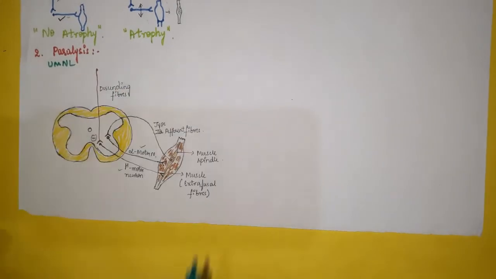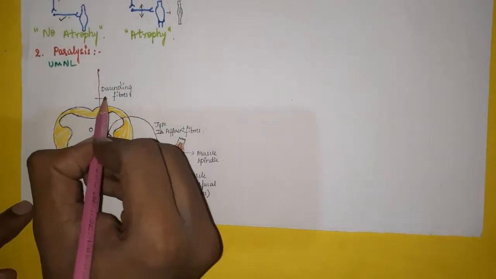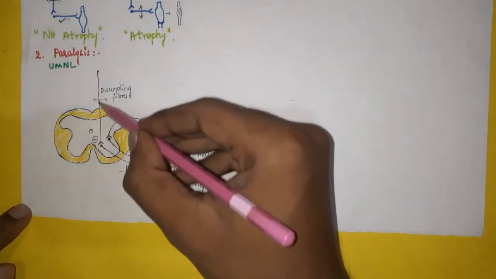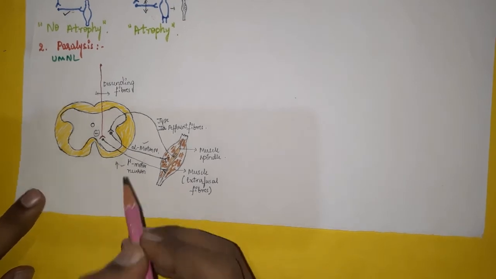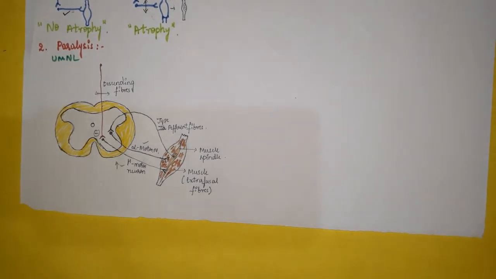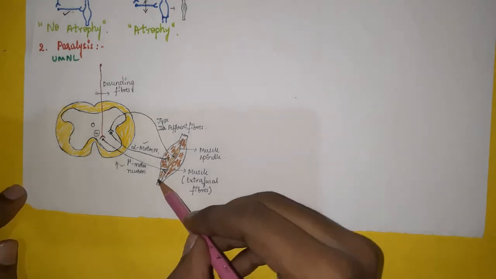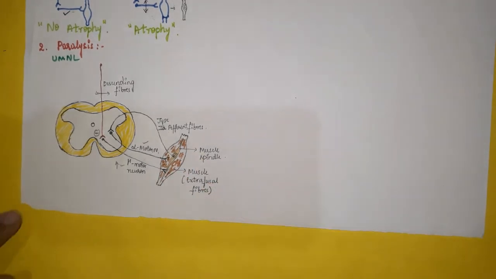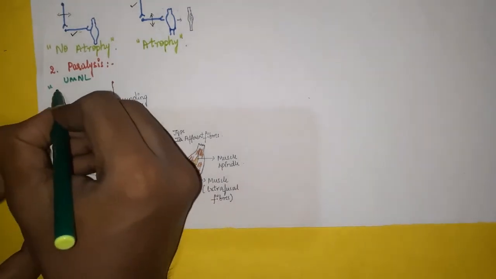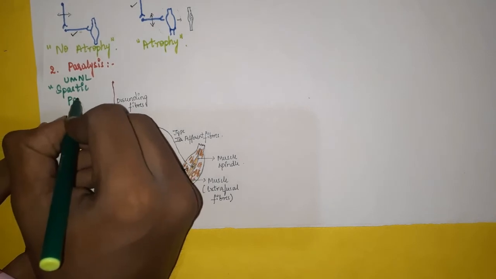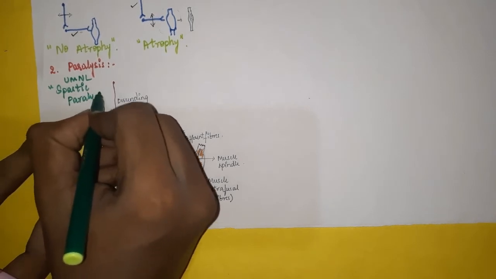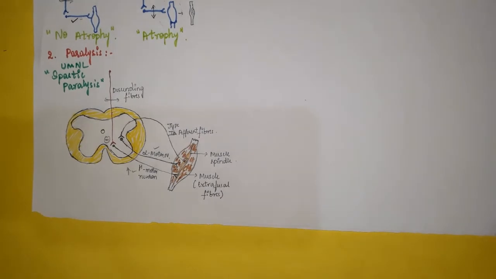Now, if there is an upper motor neuron lesion, there is damage to this nerve. Therefore, there are no nerves to inhibit this gamma motor neuron, so the activity of the gamma motor neuron will increase. This in turn results in contraction of this muscle, that is spastic paralysis. The muscles will contract too much, and they remain the same in the paralyzed state.